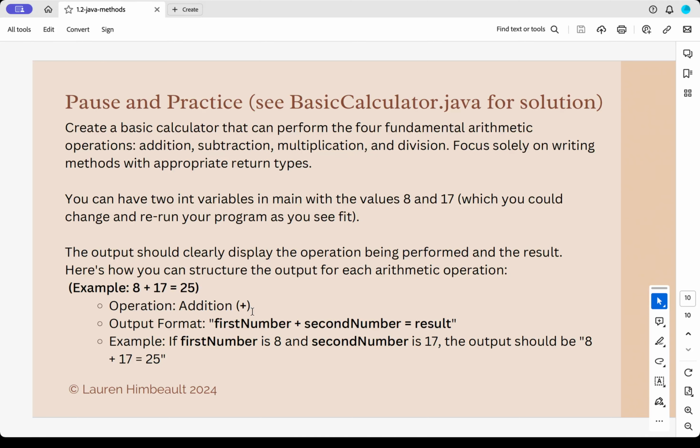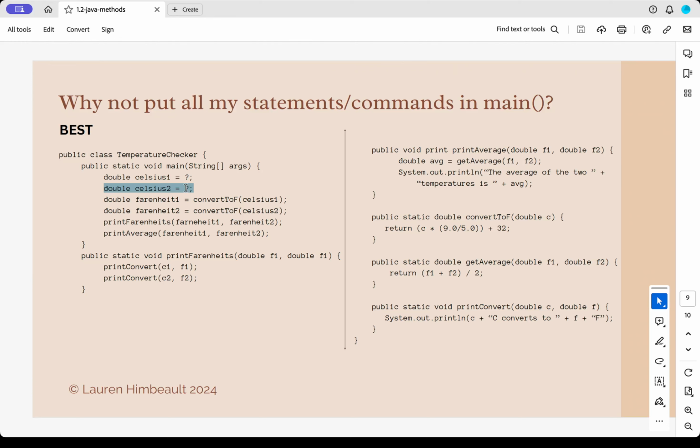All right. So I have a pause and practice here as well, where you're going to create a basic calculator that can perform the 4 fundamental arithmetic operations. That's adding, subtracting, multiplying, and dividing. And you're going to focus solely on writing methods with appropriate return types. Imagine you have 2 integer variables in main with values 8 and 17, which you can just hard code. So if we go back to what I had here, where I had double Celsius1 equals question mark, double Celsius2 equals question mark, you're going to have int value1 equals 8, int value2 equals 17. You're just going to hard code those values into your main method, and then you are going to